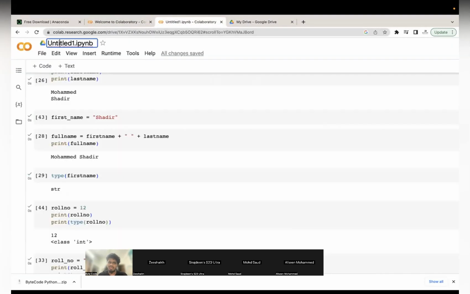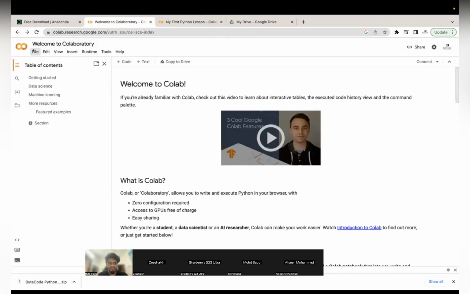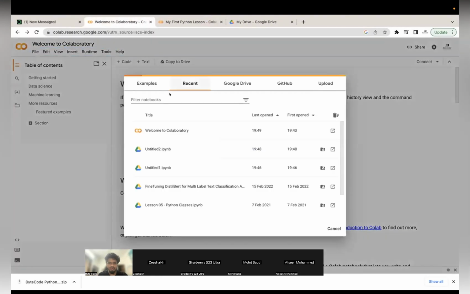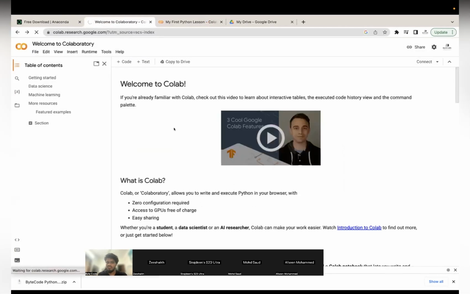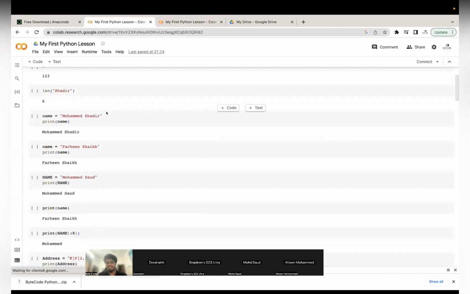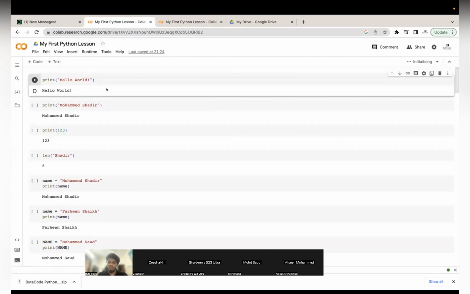You can rename it here, you can just say my first Python lesson. And if you say File, Open notebook, and go to Google Drive, it will automatically be here. If you click on this, it will take you to the latest work you have done. So you don't need to save it. Google Drive will automatically save this for you.